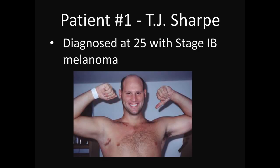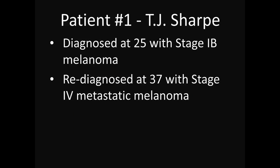Fast forward 12 years later, we had just had our second child, my son Tommy, and I went into the hospital with what I thought was a spiking fever. The doctor that admitted me looked at my x-rays of the chest, understood my history of melanoma, and said, with your history of cancer, we think you have a recurrence of your melanoma. And I told him, we're here for the spiking fever, not for the melanoma. Unfortunately, the doctor was right,